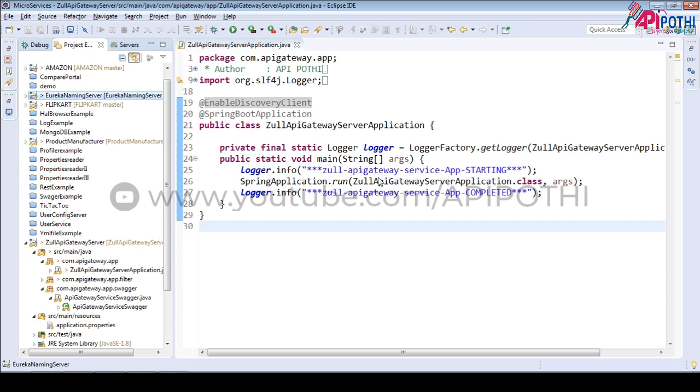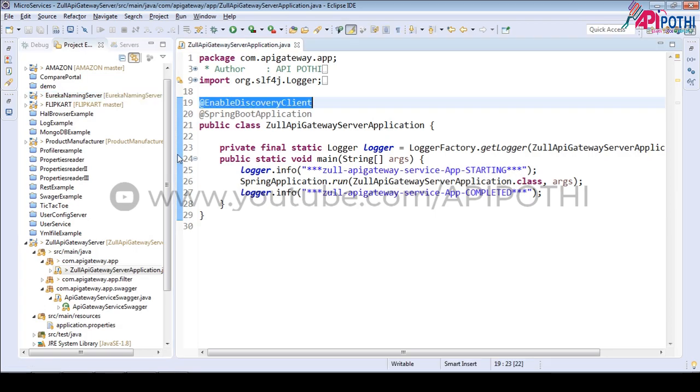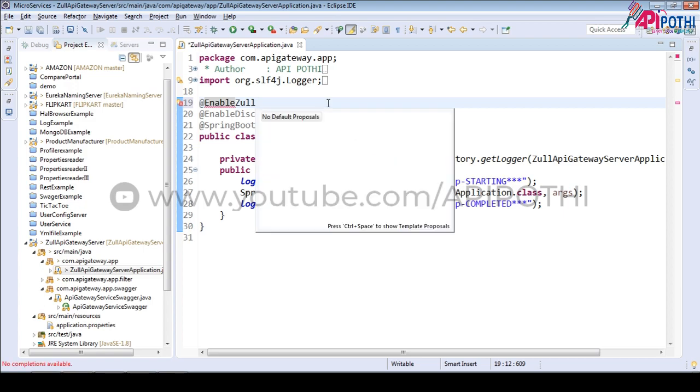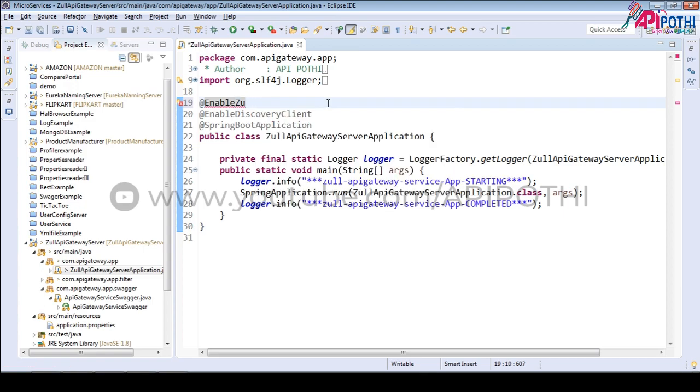Now the second thing: till now there is no configuration very specific to the Zuul API gateway. Till now this is just a simple Spring Boot application registering inside Eureka. Now we are going to add another annotation called @EnableZuulProxy.